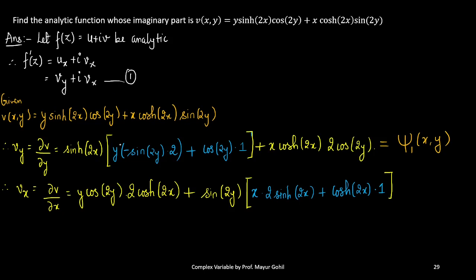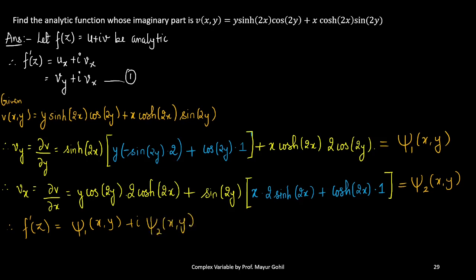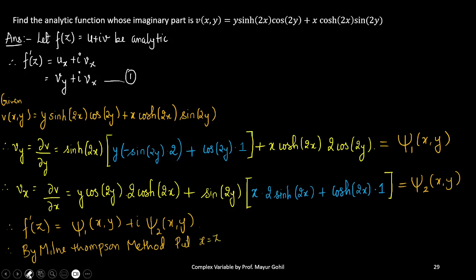And in formula number 1 again, vx is the second partial derivative, so we relabel it as psi 2 of x, y. Therefore f'(z) = psi 1(x, y) + i times psi 2(x, y). After this step we say by Milne-Thomson method, put x equal to z and